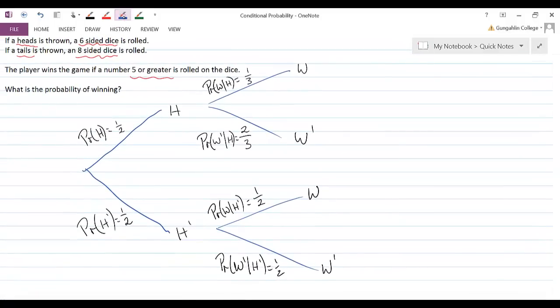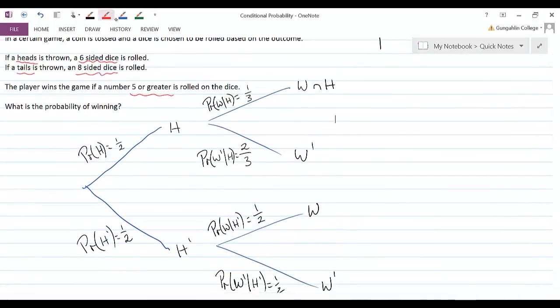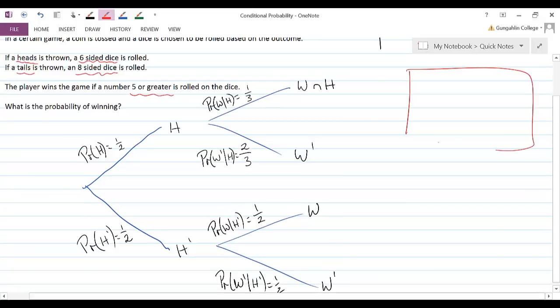Now, the other thing we should do is distinguish these events from each other. So here, this branch of the probability tree represents winning and getting H. Now I use the intersection formula here because this is like the intersection of events. Like in particular cases, if we drew a Venn diagram,